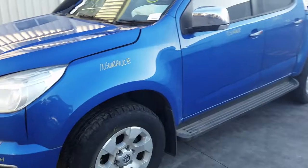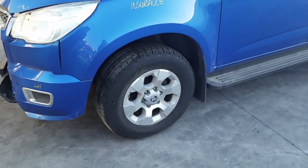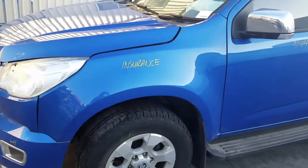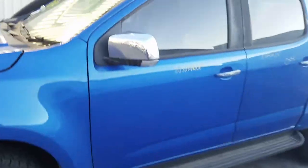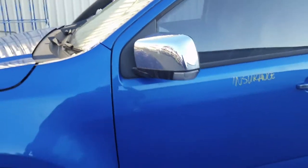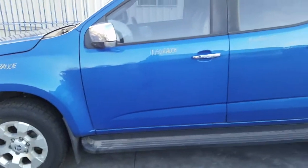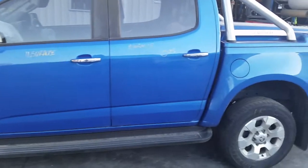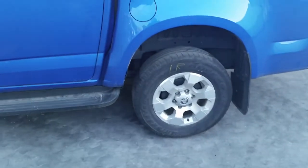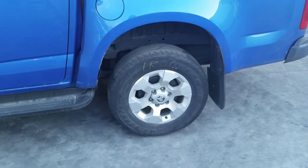This vehicle is fitted with factory 17-inch mags. This is left-hand front with good tyre, left-hand guard, left-hand electric mirror with indicator, left-hand front door in good condition, left-hand rear door in good condition, left-hand side step, left-hand rear 17-inch mag with good tyre,